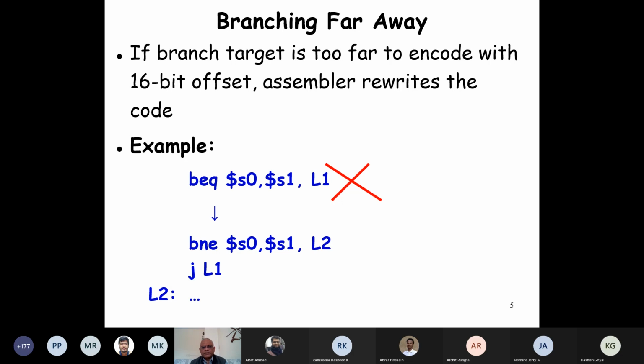It will use the far jump, which is a J, with 2 to the power 26, instead of 2 to the power 15, which is restrictive. Here, if S0 and S1 are not equal, it just inverted this, and then goes to L2, carrying on here; otherwise it does a far jump to L1. This is what the assembler does.